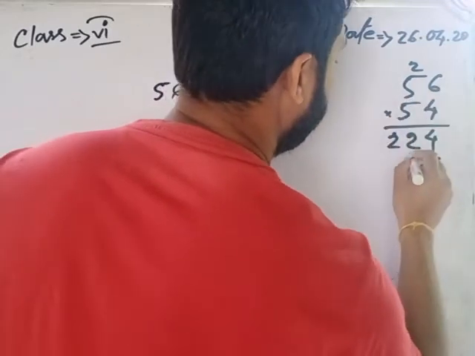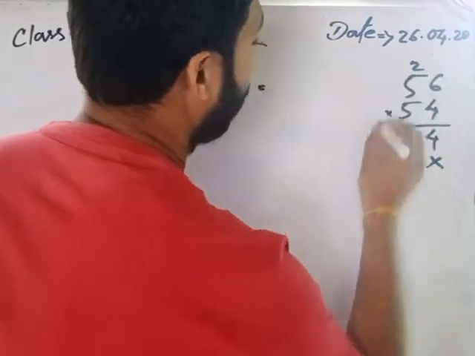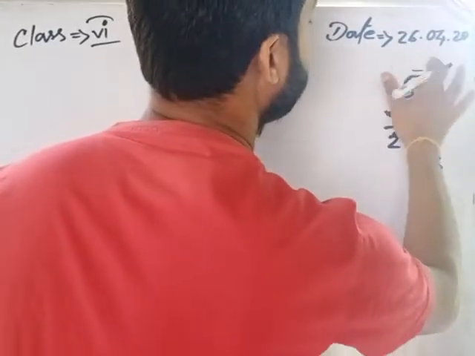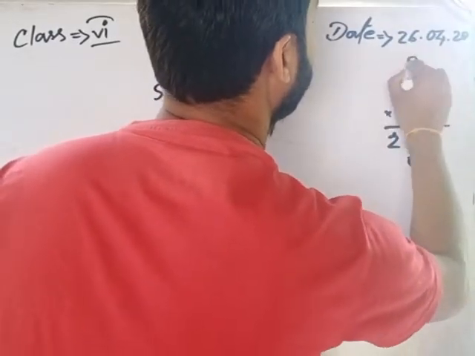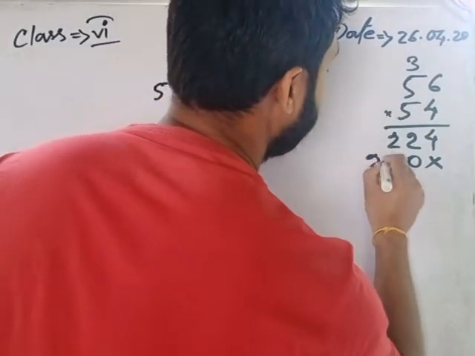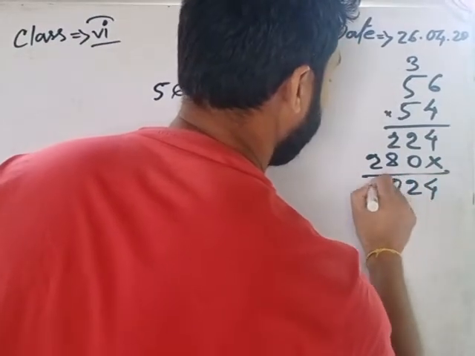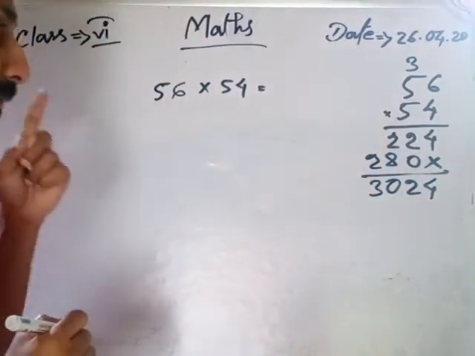5 6s are 30, that means 0. Okay, after that 5 6s are 30, that means 3 carries to the left. 5 5s are 25, that is 28. So 4 2 0 and 3 is near. Okay, but